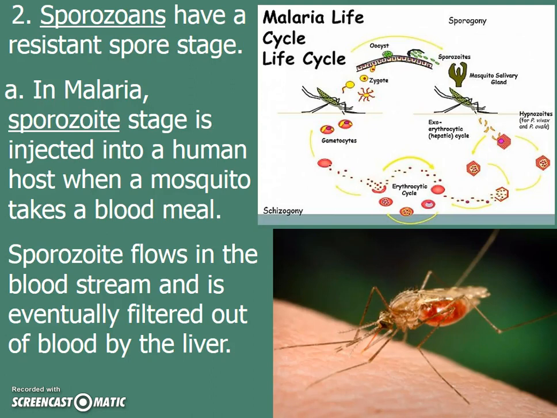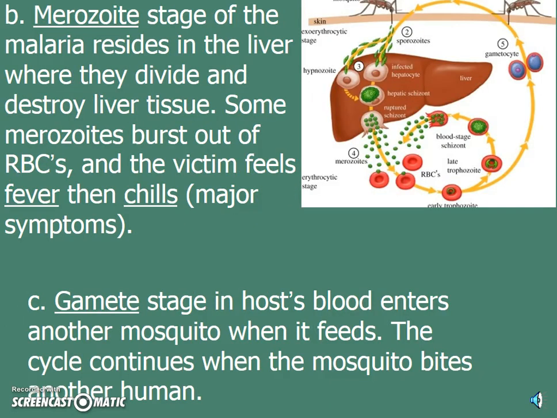Sporozoans, another famous group, is the one that causes malaria. The vector or the transporting agent is a mosquito. It takes a blood meal, and if you look at the diagram, it's kind of complicated, but basically the sporozoite, which comes out of the mosquito, is going to go into the bloodstream, and then the liver is doing its job. It's going to filter the blood, but unfortunately, in this case, the sporozoite gets a new name when it enters the liver. It's called a merozoite.